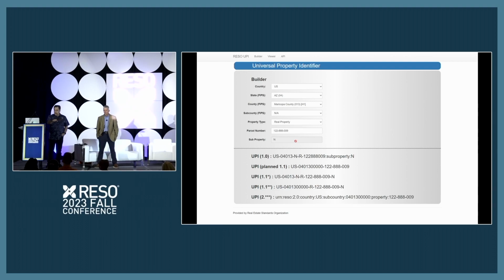And then I have the planned update. So the planned update, just really quick, I'm going to go through this to make it easy. This part right here is part of what's changing. This is the county that was up there. This is the N, meaning there was no sub-county. It's all zeros in the new model, but originally it was this way. We have R because that's real property. We have the stripped out dashes, and there really shouldn't be anything here because there's no sub-property that I'm identifying here. Normally I can go here and identify different other things besides real property.